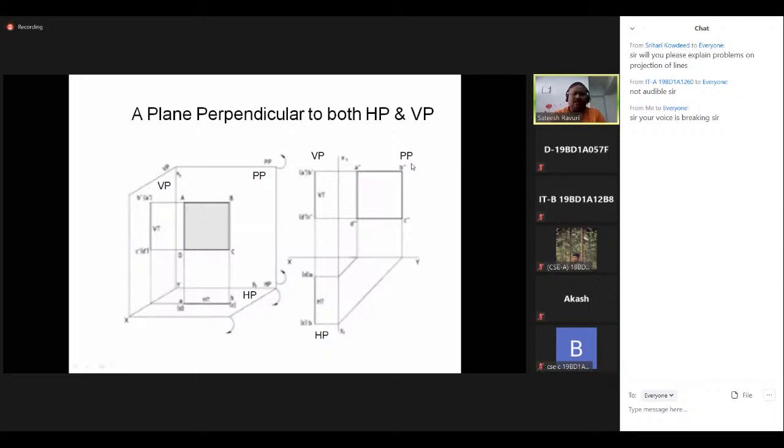Now, as we said that the shape of the plane can be seen with its true shape on profile plane, first of all, you have to draw the true shape on profile plane. And afterwards, by taking the proportional projectors, you can draw front view on VP, top view on HP. So this is how the first position is. Coming to the next one is